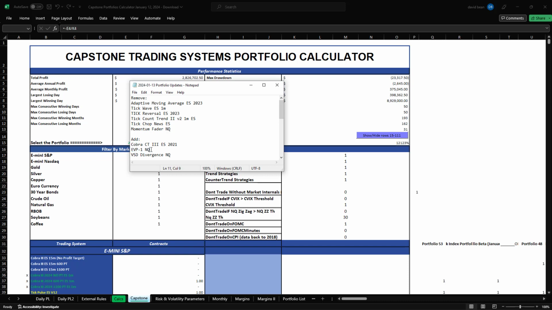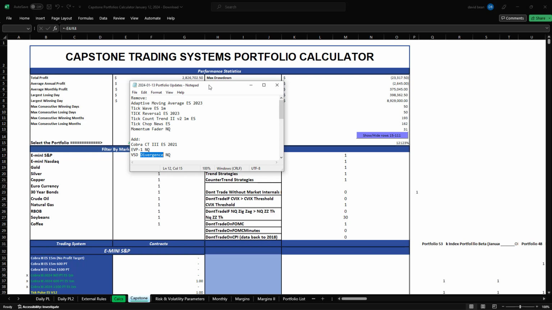We're adding EVP1, which is in a steep drawdown, but is bouncing back and could potentially work in this market environment based on its risk management. And then VSD divergence has done well in this market environment. Decent equity curve, I like the concept of divergences in this type of market environment. And so we continue to research. We have a long list of things to research still, and we're constantly trying to incorporate that into our portfolios